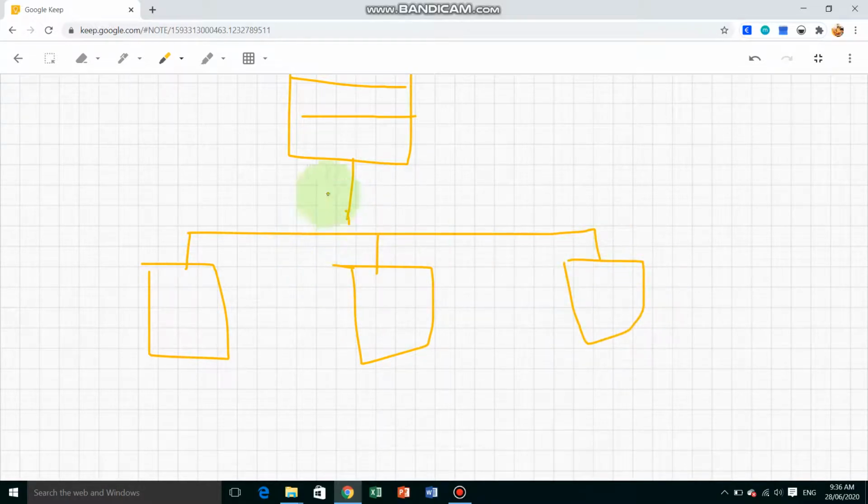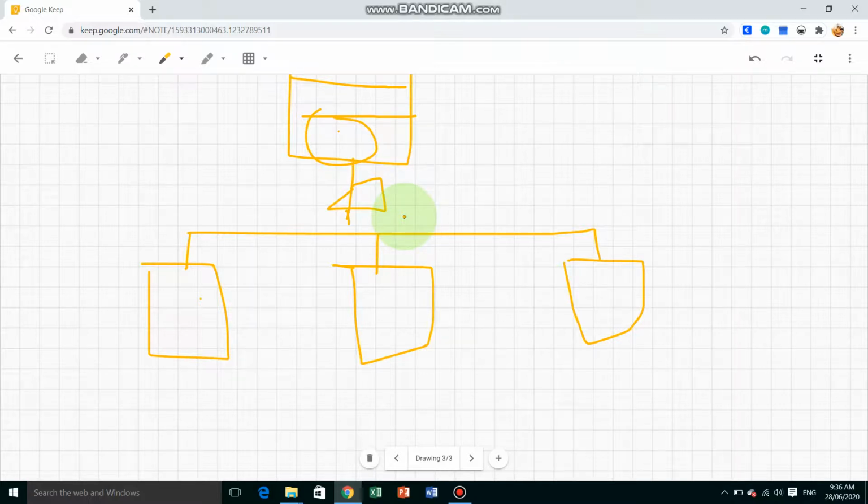So you can access the data from this table to this particular table using an object. Object means there are some conditions. You can access the data via some keys. So that is the object model.